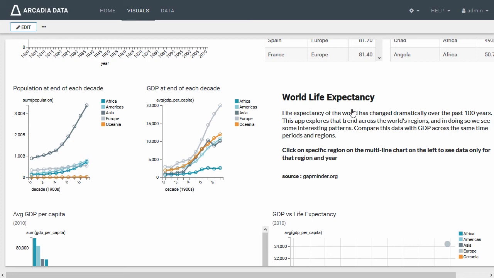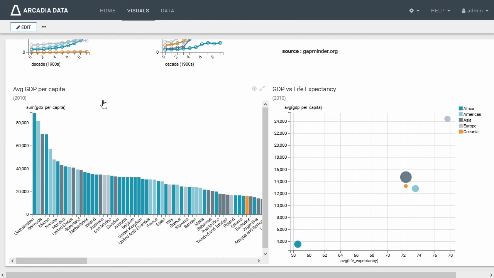In the last row's left side, we have the average GDP per capita bar visual. It shows each country's GDP per capita. Finally, we have the GDP versus life expectancy on the bottom right that utilizes a scatter visual. It shows the very telling relationship between the GDP per capita versus life expectancy. Also, notice that this data defaults to the year 2010 shown under the title of the visual based on a predefined filter that can be changed.